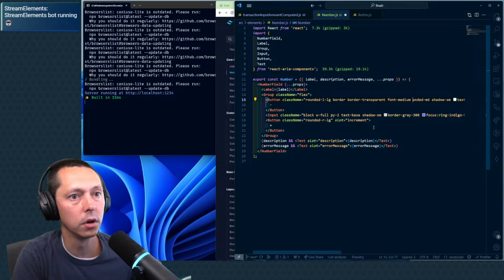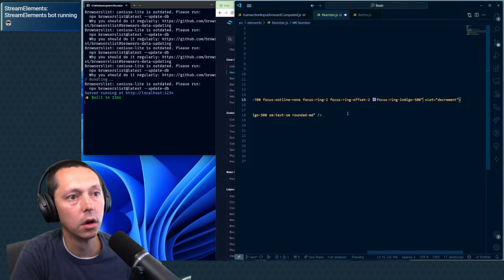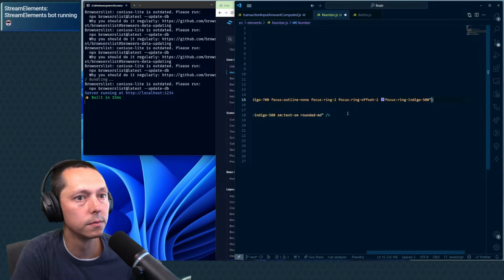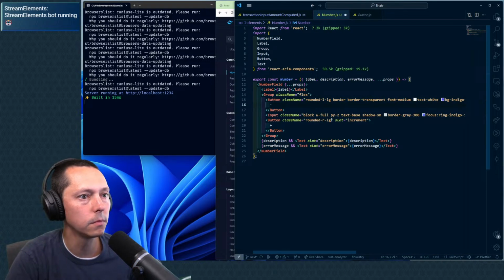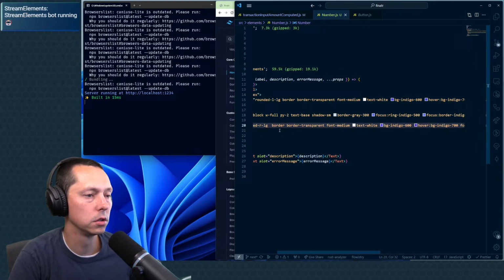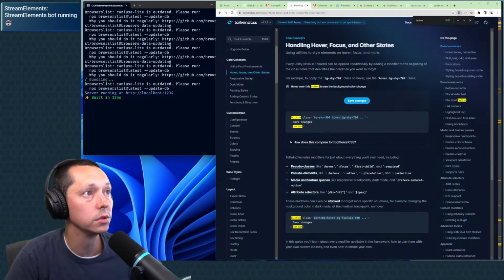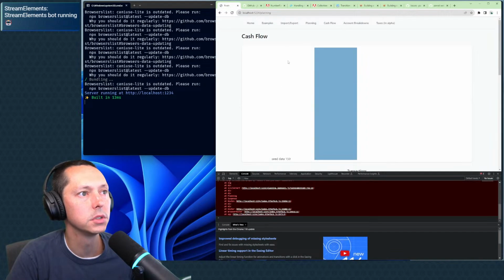We don't need the rounded, and we don't need a shadow. Text, I think, is helpful. And I think we can keep all the focus. It's kind of a lot going on with these class names here, which is not the best experience, but